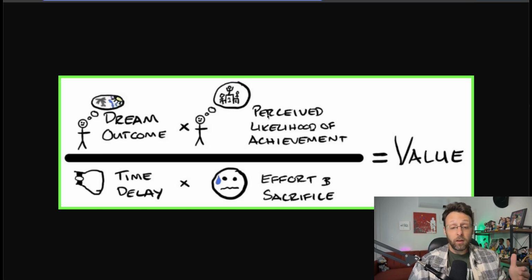What are they hoping to achieve, right? And from there, you want to give them their perceived likelihood of achievement. So in essence, if you work with me, you're 100% going to achieve your dream outcome, right? And on the bottom, we basically want to increase the things on the top and decrease the things on the bottom. And so you're basically saying, by working with me, you will 100% achieve your dream outcome in less time